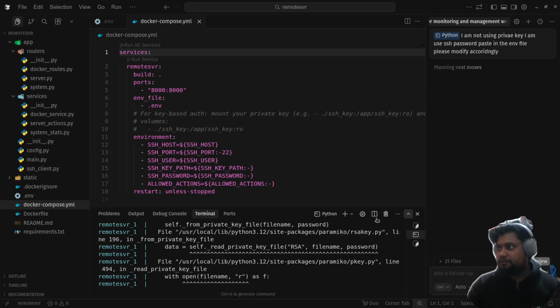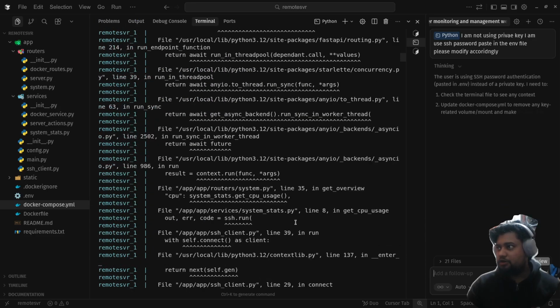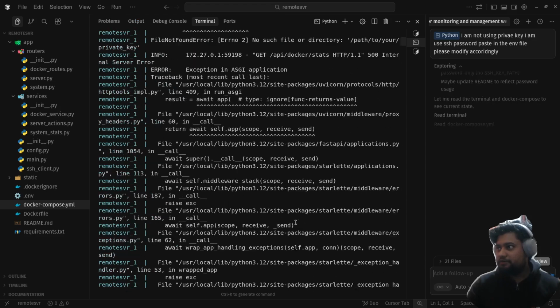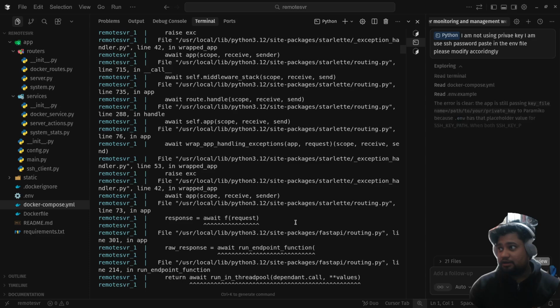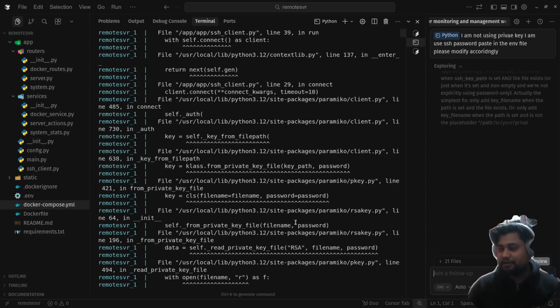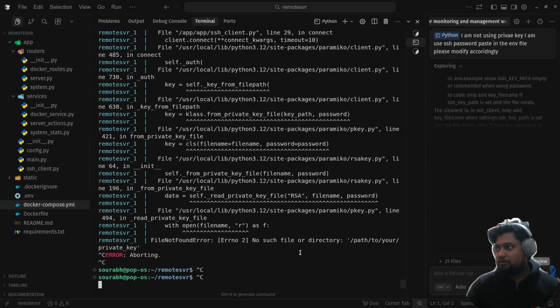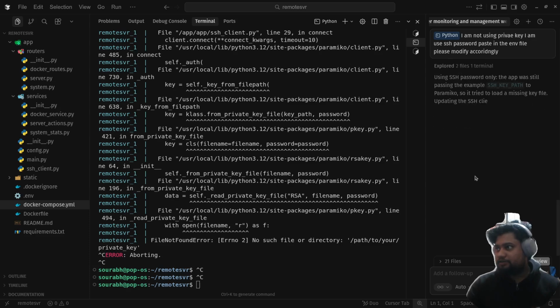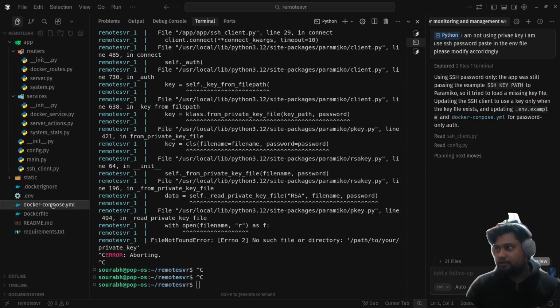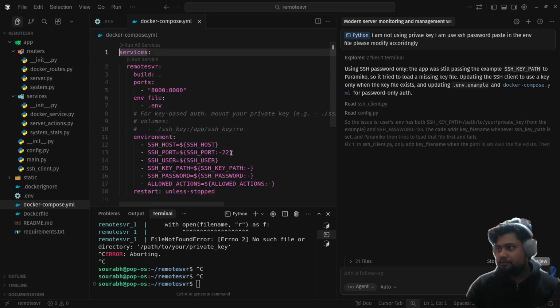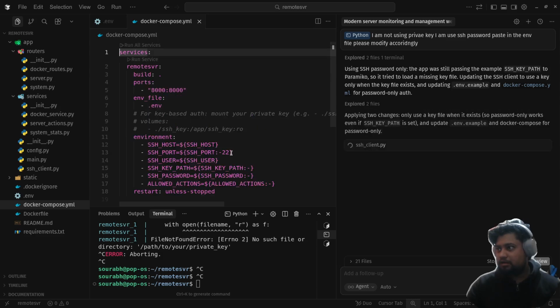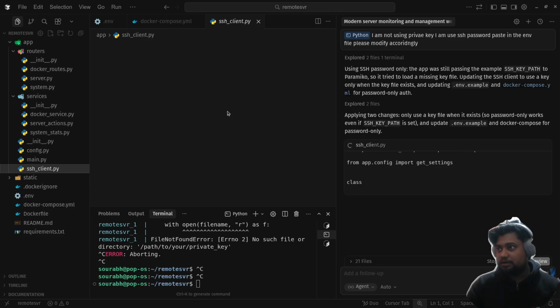So there is some issue in this right now. So let me just check the service again. So it will use my SSH password from the env rather than the key file location. Okay, so we have to abort this thing, or we have to just wait for this thing to happen again. So it will change the SSH client thing. It is modifying this configuration, and once this will be done,